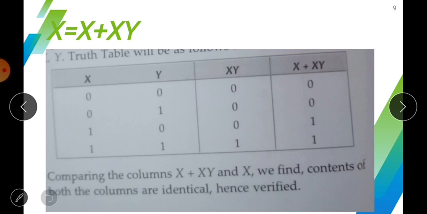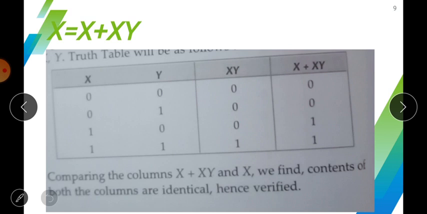As you can see, the function is x = x + xy. First of all, you create the possible combinations. For the side where only x is written, there is no need to prepare any truth table because it is already a column. For the next side, x + xy, you have to calculate xy first, meaning x AND y, and then OR it with x, meaning x + xy.